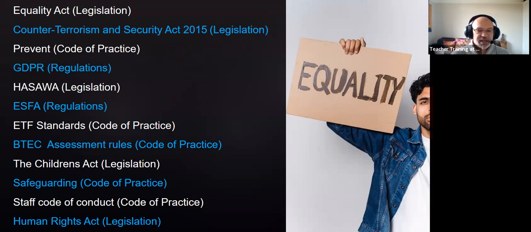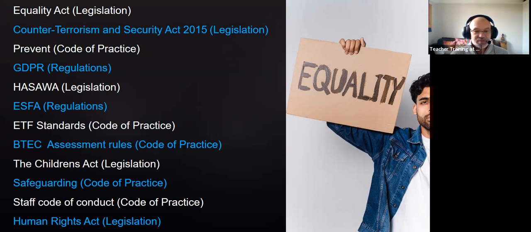And here's another one that you can use twice if you wanted to. There's the Children's Act, which is a piece of legislation because it's got the word act behind it. And a part of the Children's Act is safeguarding, the safeguarding guidelines, which is a code of practice. And I know Wendy was having to do that as well as part of her online training, as that was quite an in-depth module as well. At Harlow College, we've got a staff code of conduct. I'm not sure anybody knows it exists, but it's there. It's on our intranet.